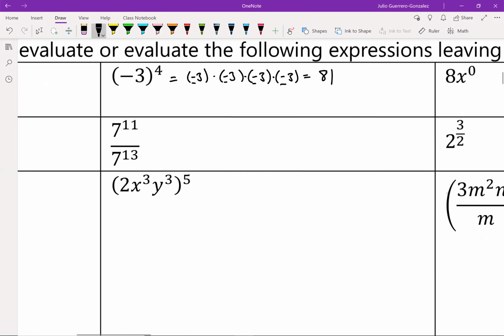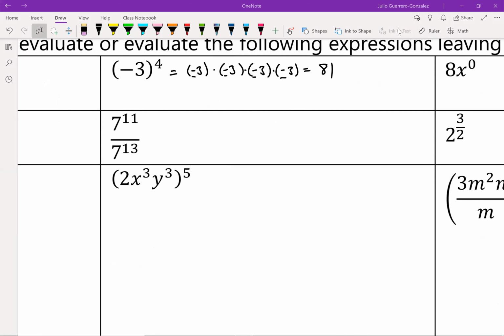The next one's 8x to the 0 power. So it's just 8, right? Yeah. Or is it just